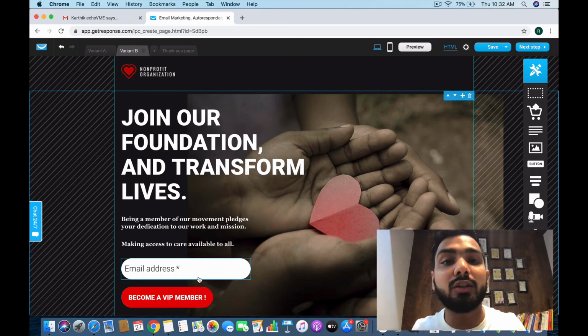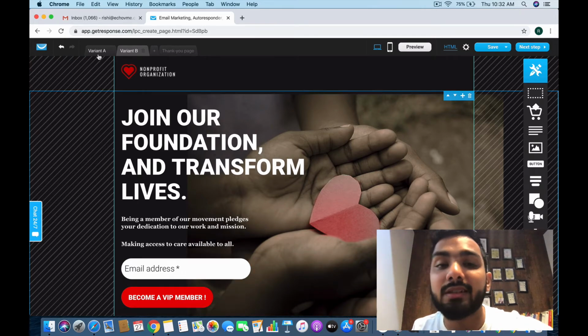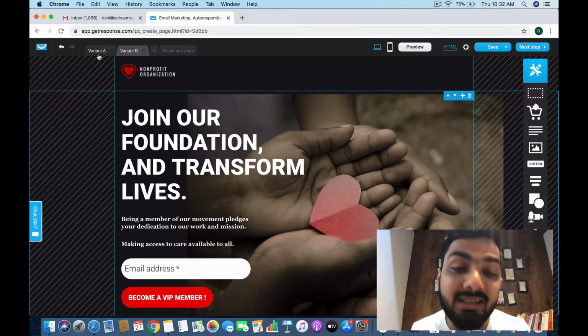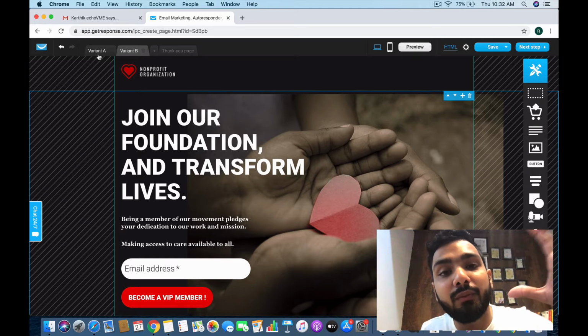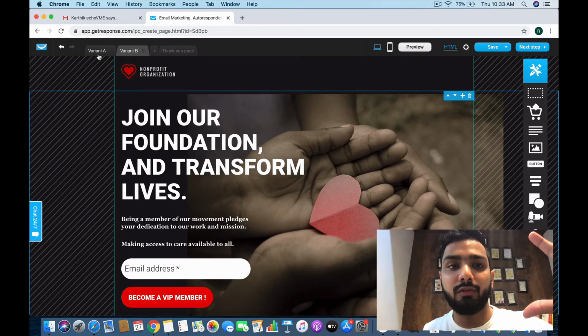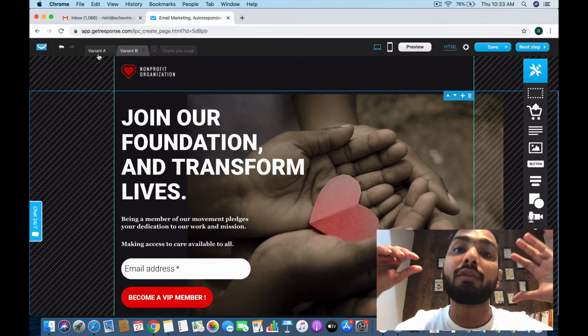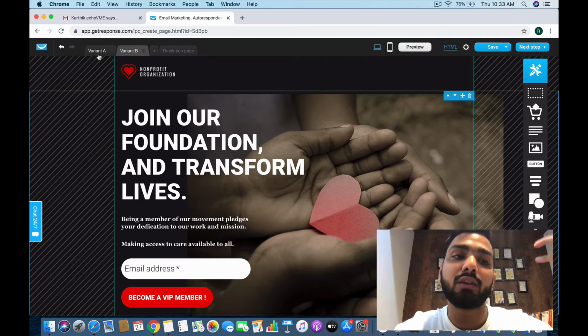So what this particular landing page tool will do is send 50% of the traffic to variant A, 50% of the traffic to variant B, and it will show you the results at the end. You might see that in variant A only 15 people are filling the form, while in variant B, 35 people are filling the form, out of 50 members each, just for the sake of an example.